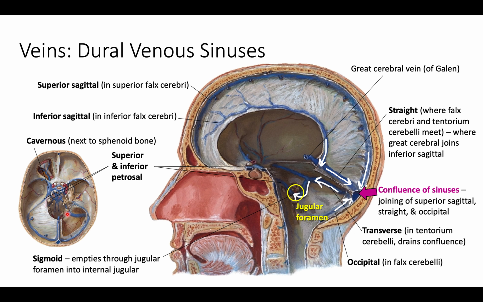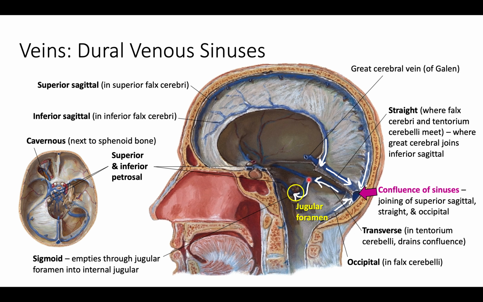Okay, so let's talk about the dural venous sinuses. So we've got this superior sagittal sinus that goes on the upper portion of the falx cerebri, and then on the lower part, we've got the inferior sagittal. From inferior sagittal, we've got the straight sinus going down to meet up with the superior sagittal at this confluence of sinuses. From there, we go to the transverse in the tentorium cerebri, draining from the confluence